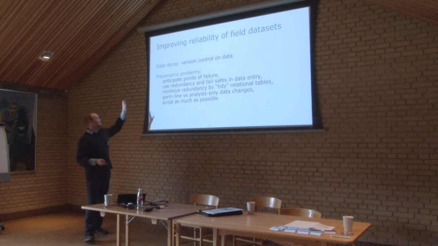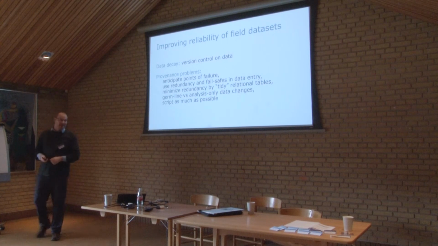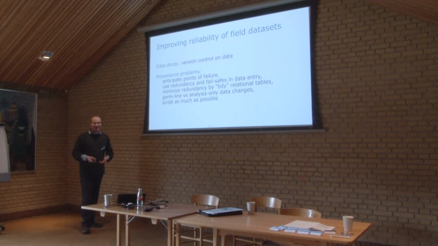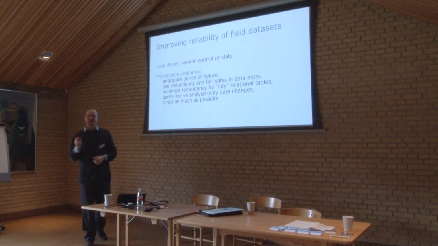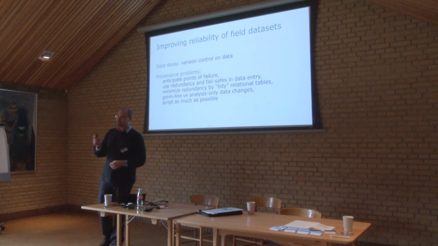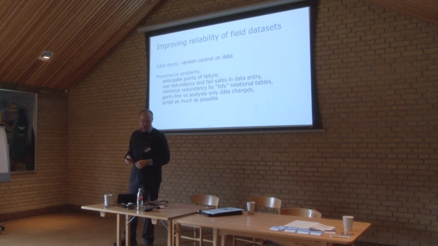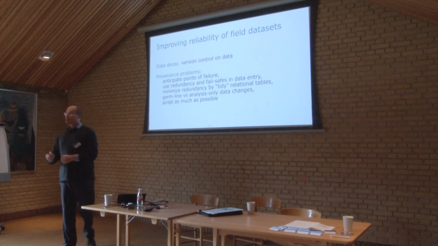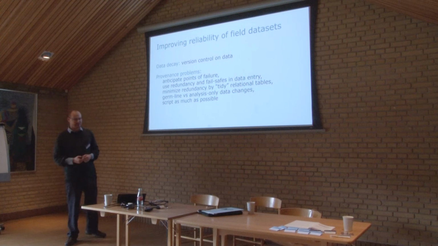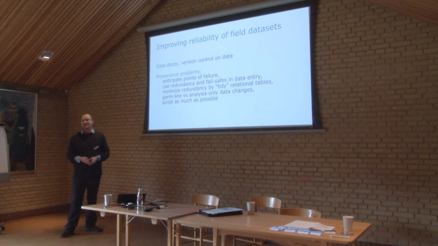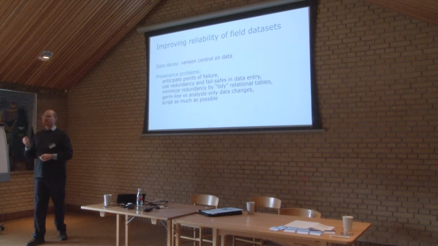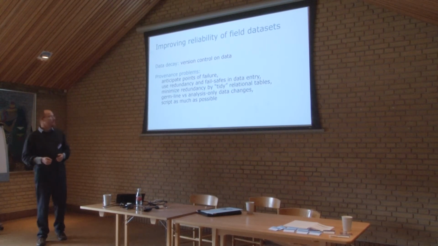And then with relation to data provenance, worrying about the origins of the data, generally speaking, the points that we've encountered as things to worry about is to anticipate the kinds of points of failure that you'll deal with, specifically focus on things where there's a single point of failure. If one thing is wrong, it causes large downstream effects. You want to minimize redundancy in the data tables, but increase redundancy in the data input as a way to check for errors. Worry about germline changes versus analysis-only changes. And lastly, if you're using a language like Python or R, please script as much as possible, because it works as a documentation of exactly what you did to the data.